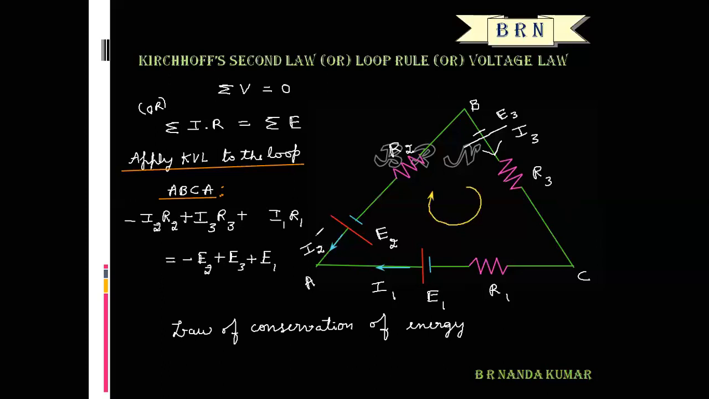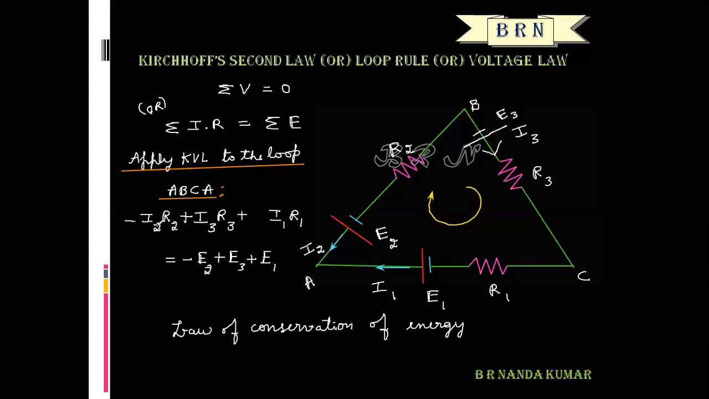Okay, so this is Kirchhoff's second law. So what is the statement? In a mesh of an electrical network, the algebraic sum of voltages is equal to 0. The algebraic sum of voltages in a loop or mesh is equal to 0. Or, in a mesh of an electrical network,